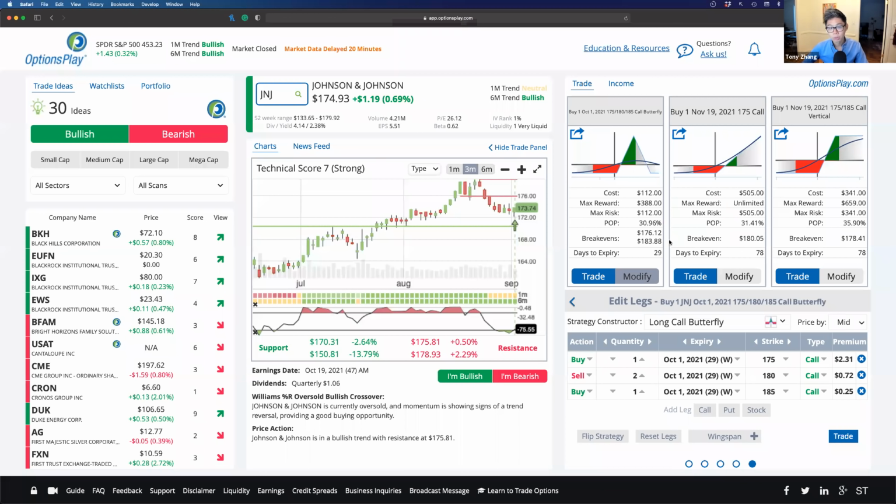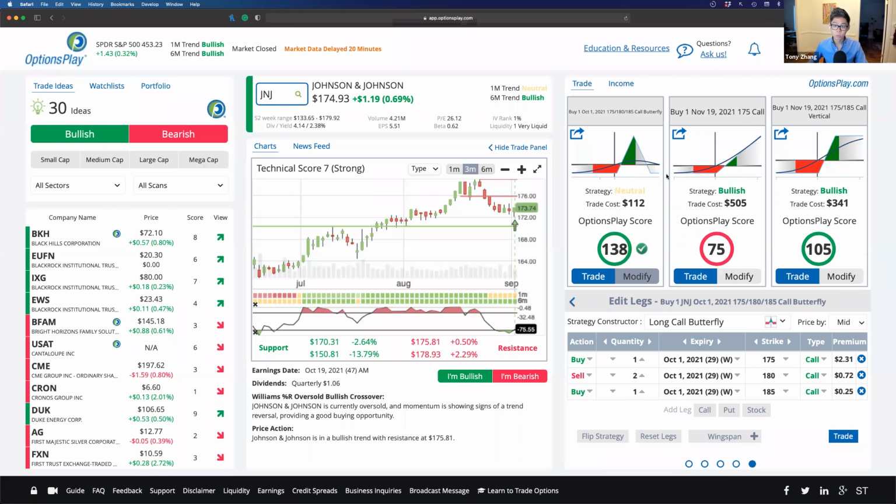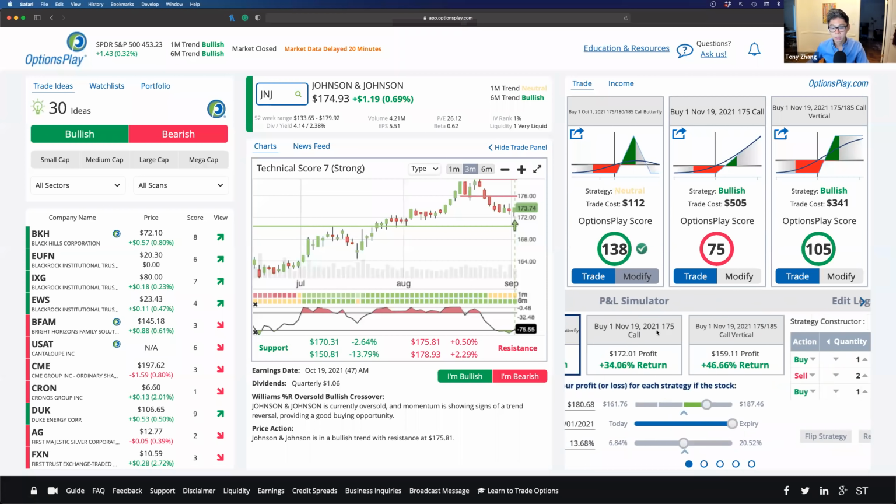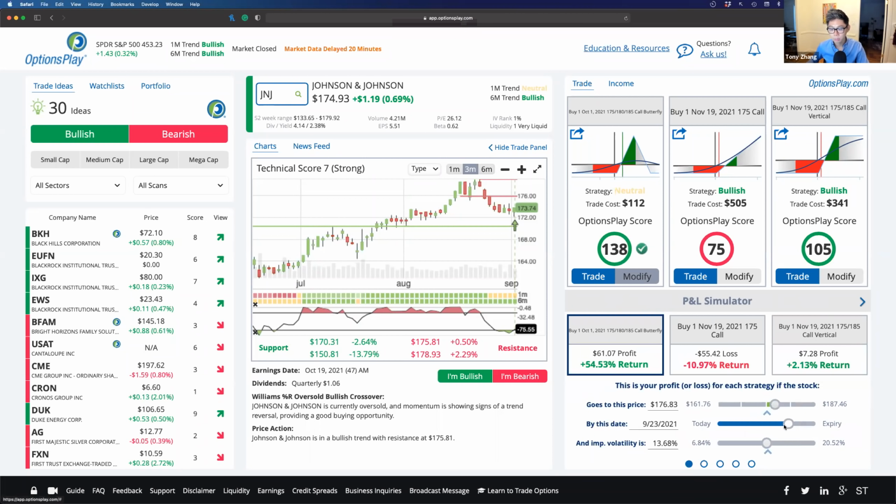So that's kind of how you think about these types of strategies. There's a lot to consider on each one. There are plenty of pros and cons on each one. So it's really important to understand the different trade-offs, how much potential risk and reward you have. And using a tool like OptionsPlay allows you to truly understand your max risk, max gain, your probability of profit, and comparing the strategies side by side, and then using the P&L simulator and seeing how each strategy performs if the stock moves higher, if it moves lower,